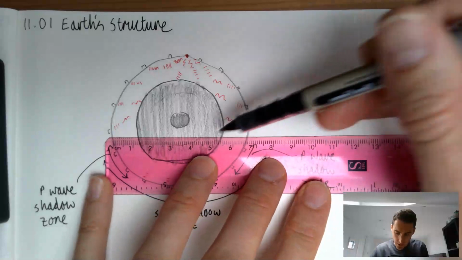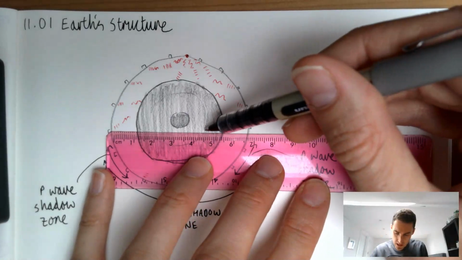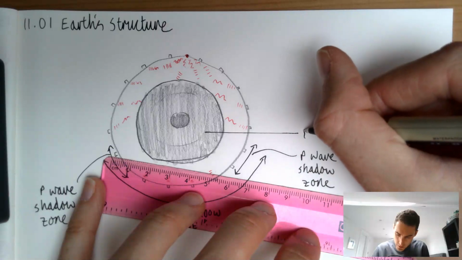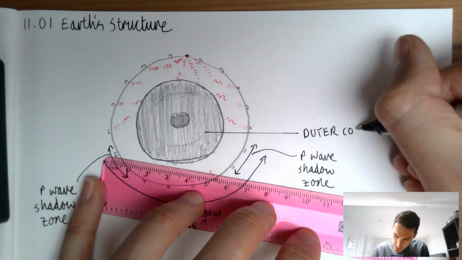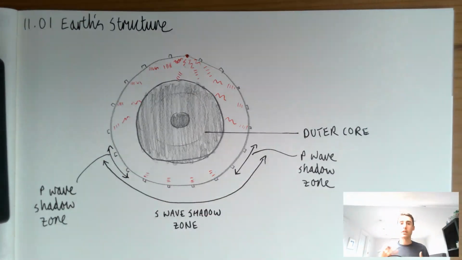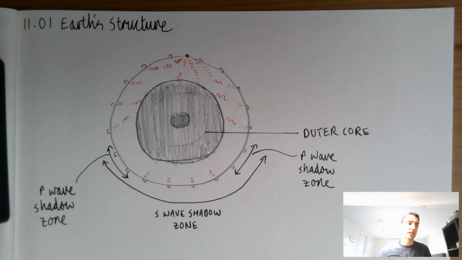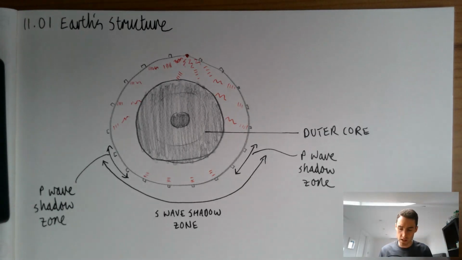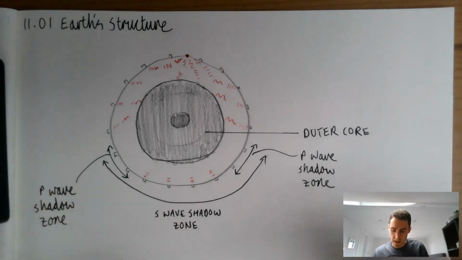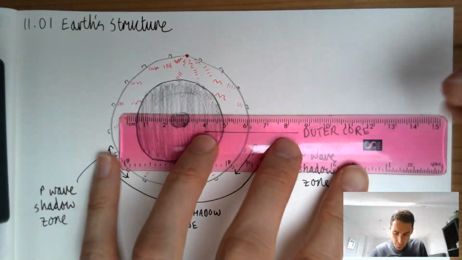So we can emphasize to them that this is the outer core. That's made of iron. It's liquid. And again, we can get a lot of this from the data, how fast it travels through, how much it's refracted by, and so on. We've kind of inferred all of this from the data that we've got. This is the inner core, which is